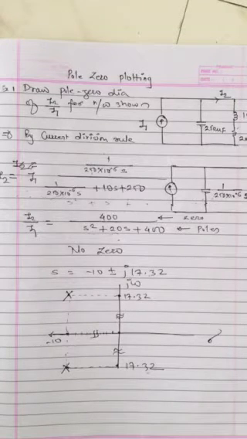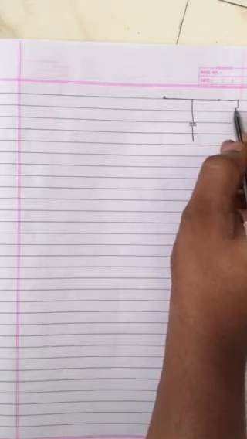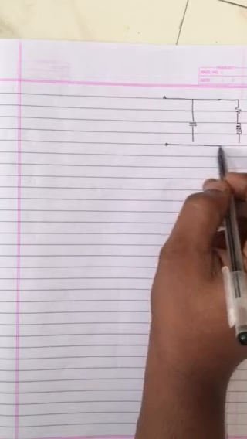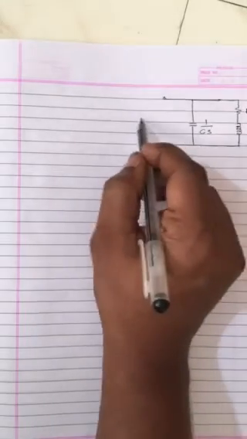Now let's solve one more example which is generally there in a university examination. We will see how to solve it. Now a network is given. The network is a generalized network having a capacitor and a combination of resistance and inductor. This is 1 upon Cs, this is R, Ls, and this is Z of s.